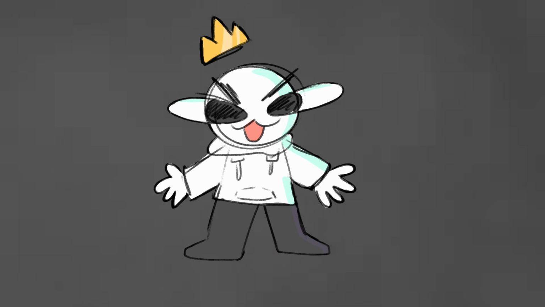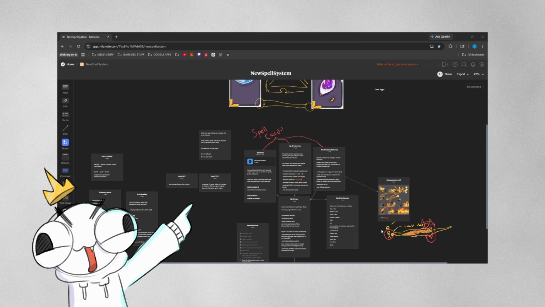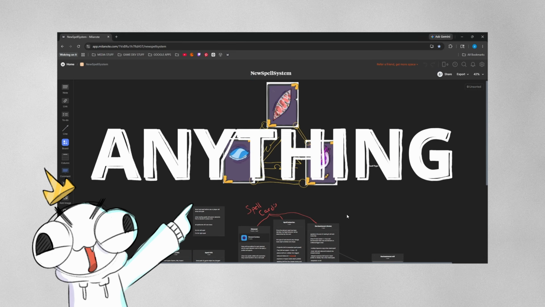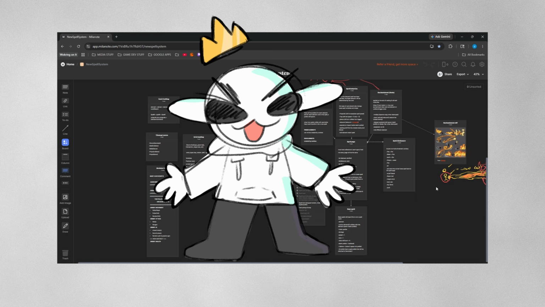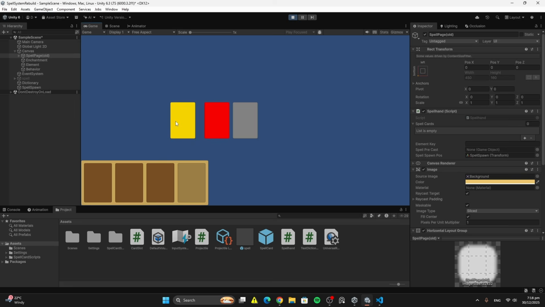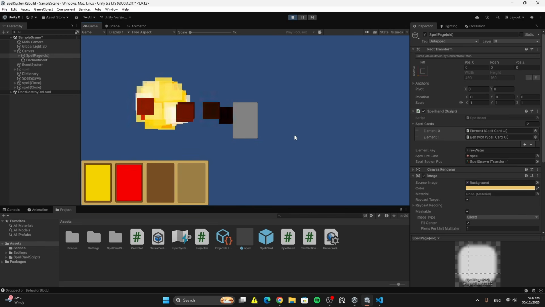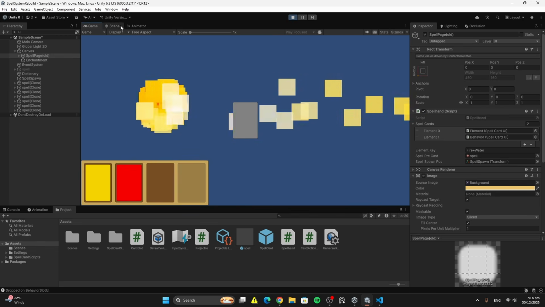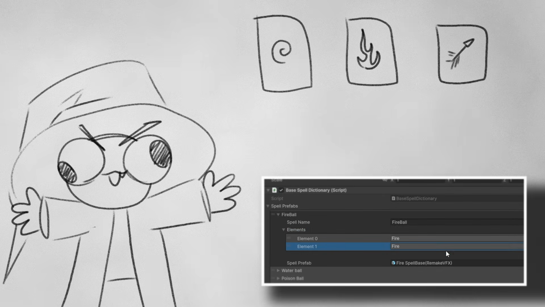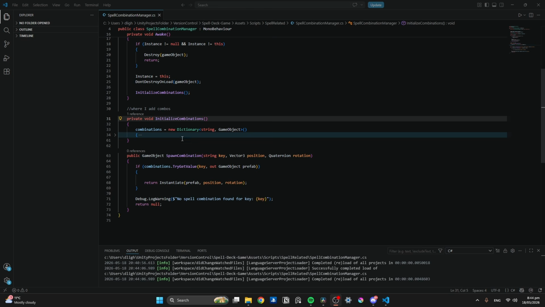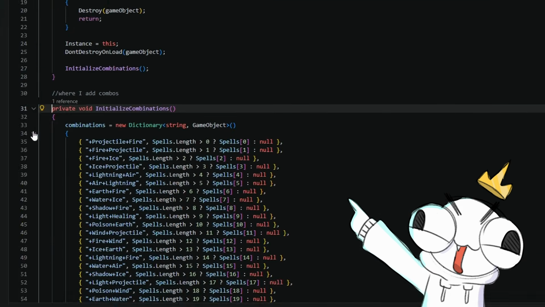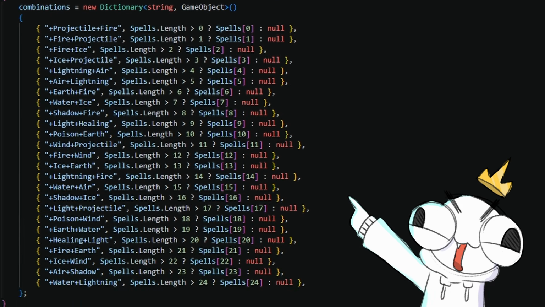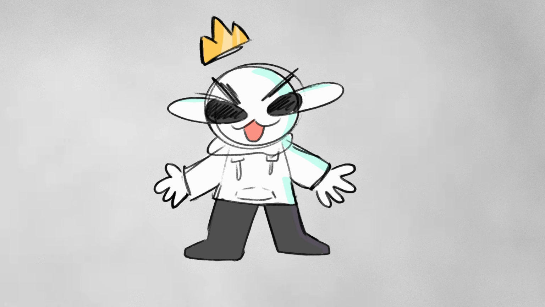Okay, I started by building a basic framework by using the plan I made on Milanote. At first, I just wanted anything to work, and eventually I got my first test spellcasting going, which already felt way cleaner than the old system. In this new system, it only uses elements as keys to find and cast base spells, whereas in the old system, it would use all the spell card types as keys to find and cast spells, which made it very tedious to add more spell combos to the game.